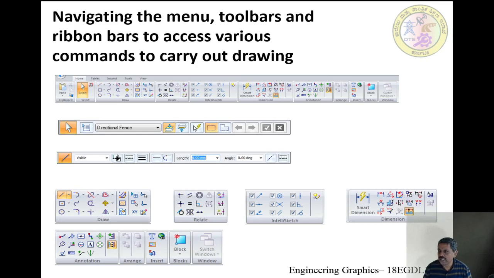So you see here relate. What is to relate? You will come there. I will explain what is the relationship that you are building up, or whatever relation that assumes when you draw something. And then there is what is called IntelliSketch. The entire software is based on intelligence behind the scene. It is already built in. This is not AI. This is a basic fundamental intelligence already available. Nothing to do with artificial intelligence. Anyway, dimensioning is there, and then annotation, how to note something, how to mark something using text, symbols, etc. So these are all wonderful commands that are available in a single ribbon bar called home.